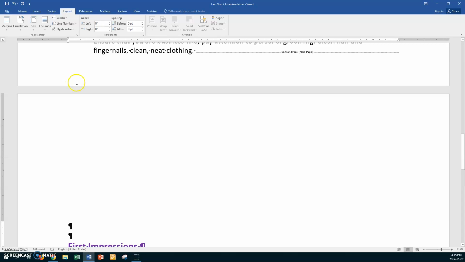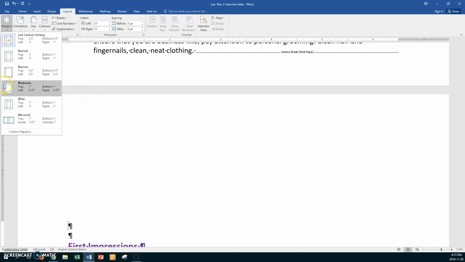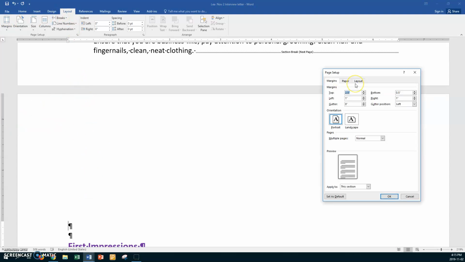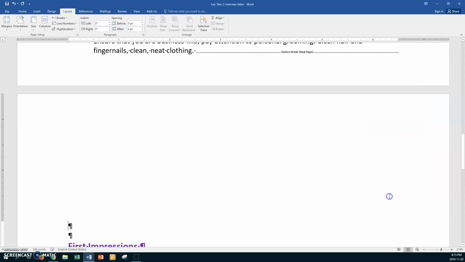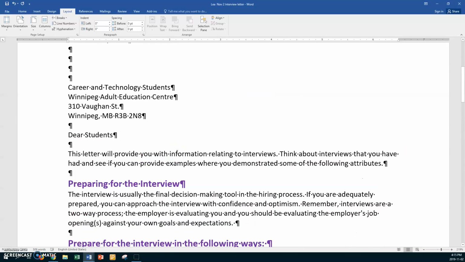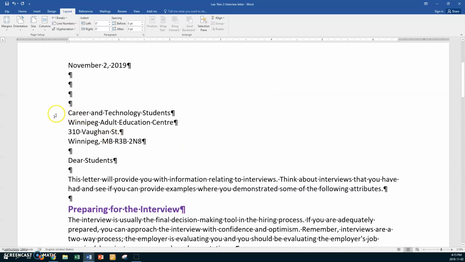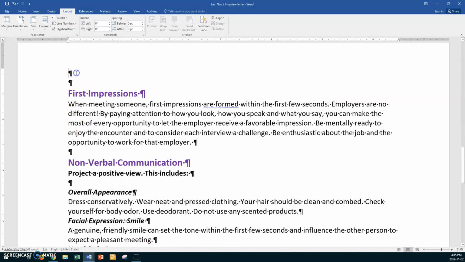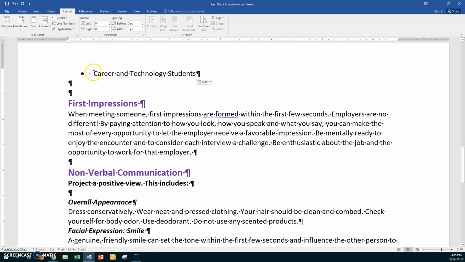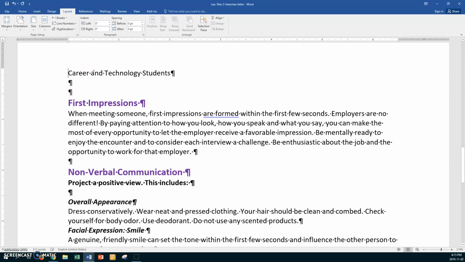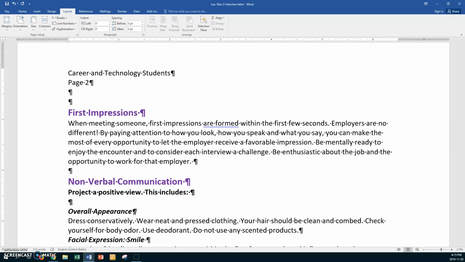That's fine. What's your top margin for the second page? Your top margin is 1 inch. Okay, so put on your 1 inch. Don't change your bottom margin. 0.5 is correct. Now, what goes on the second page? The first line of the letter address. So copy it. All right, and paste it. We got a bullet. Just backspace. Take it out. Okay, and now here we want page 2,